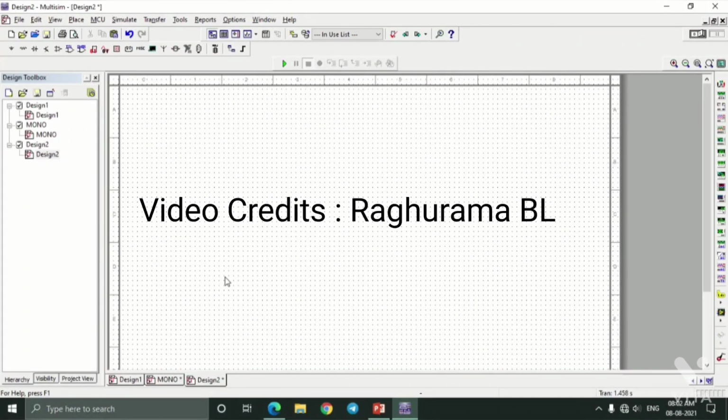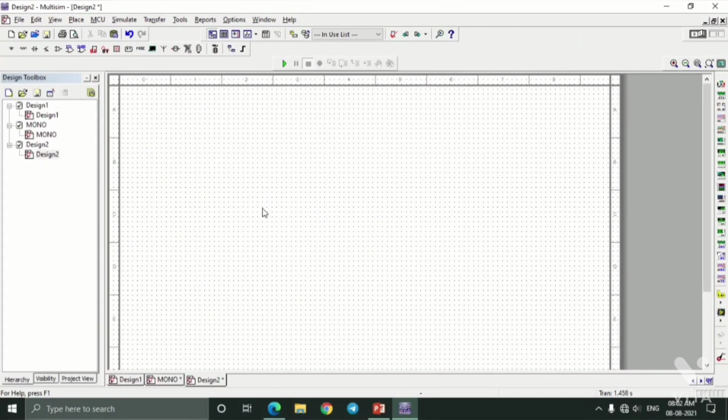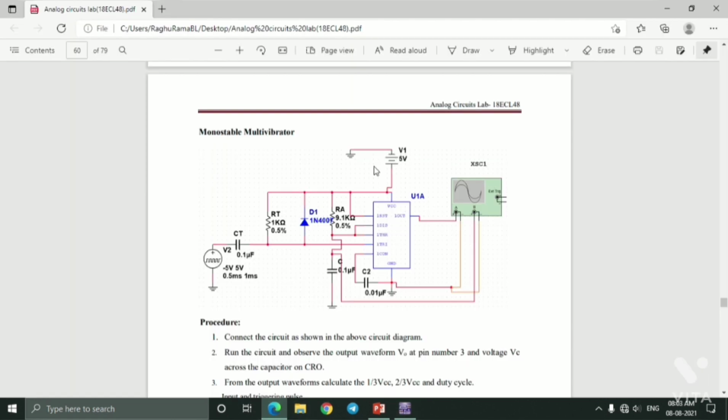In this video, we are going to construct the monostable multivibrator using Multisim version 12 software. But in our colleges, we are using version 13. There are slight changes over here. I will show while doing the circuit. So first, see the monostable multivibrator circuit, and first place all the components that are required for building